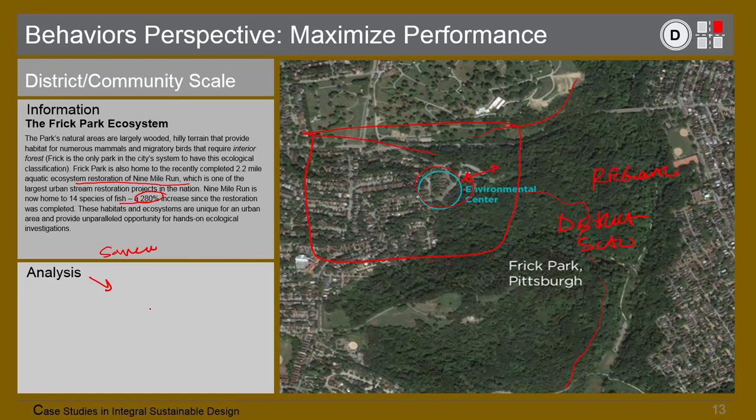So, yeah, your analysis is, hey, this is located on the edge. This is located between urban and natural. And it really explains a lot about the design and why it looks the way it looks. And so we'll get into that a little bit more. There's also a big park here. So this looks like a neighborhood. So you think about